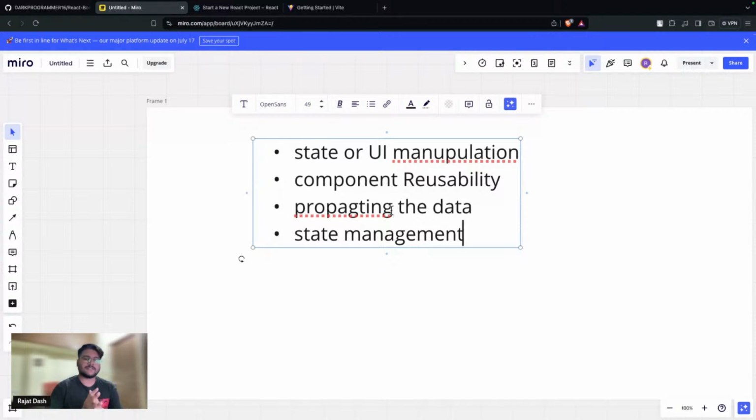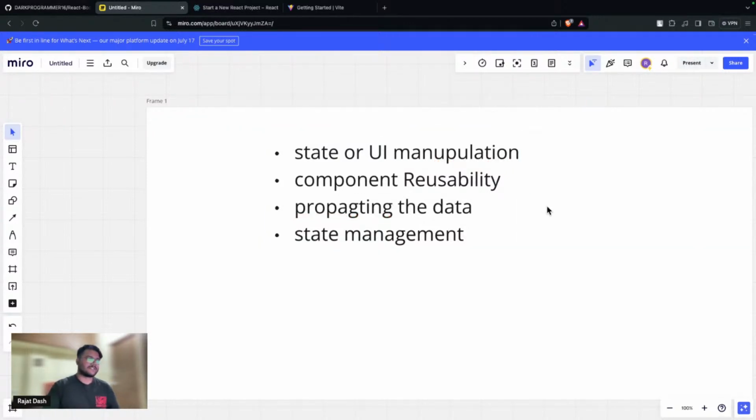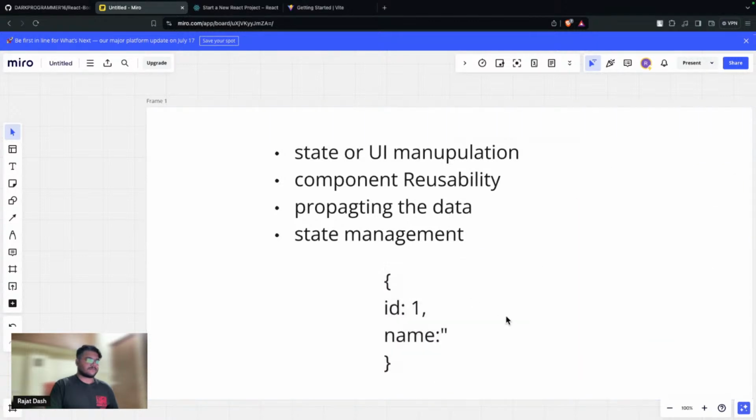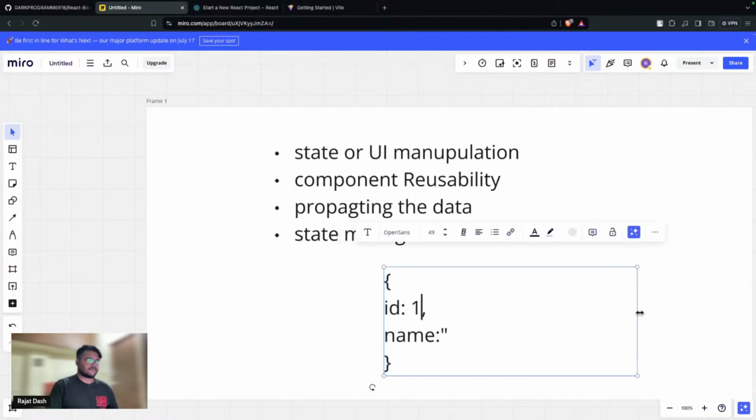What do you mean by props? Props are nothing but properties. In JavaScript, you are familiar with objects, right? An object works like this. We have properties inside it. For example, let's say I have ID, and it is 1, and we have name, Alex.